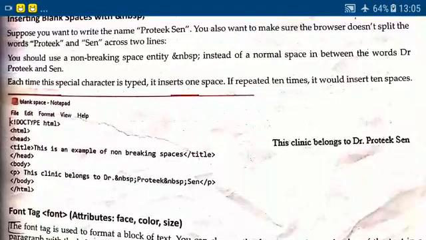In simple words, I want to explain that if we want to give space between the first name and last name, meaning surname, we will write &nbsp; in between. However much space I want to give in between, that many times I will use &nbsp; between the name. So we will get that type of output in our browser.